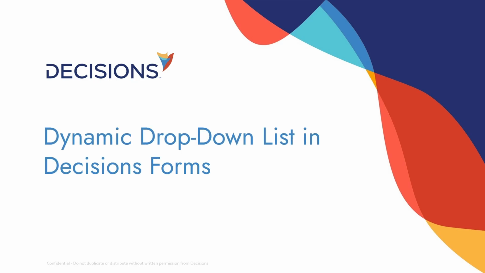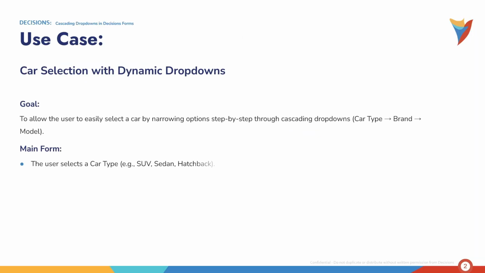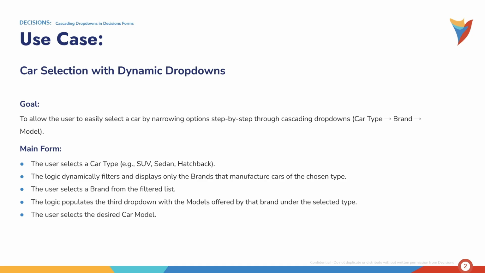Hello and welcome. Today we will be learning about dynamic drop-down list in decision forms. Let's understand this with the help of one use case. Here we will be doing car selection with dynamic drop-downs. Our goal is to allow the user to easily select a car by narrowing options step by step through cascading drop-downs